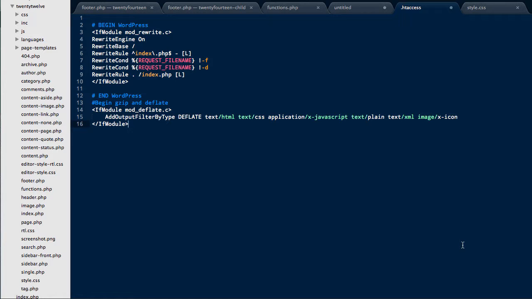And if we just sort of have a look here at what it's doing, as long as the deflate module is enabled and installed and ready to go, it will deflate any HTML, CSS, JavaScript, plain text, XML, or images. So what's actually happening is your web server will compress that content, and then it will send it, and the browser will then go and decompress the content and load the page in the browser. Now, all modern browsers support this. Some older browsers do not,